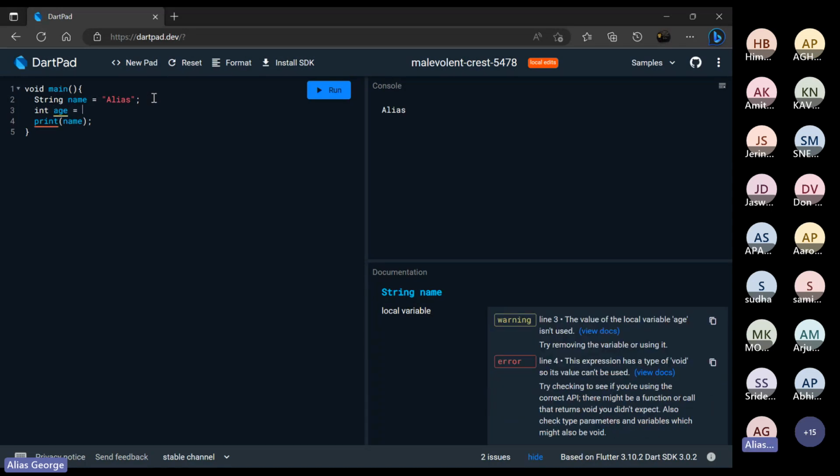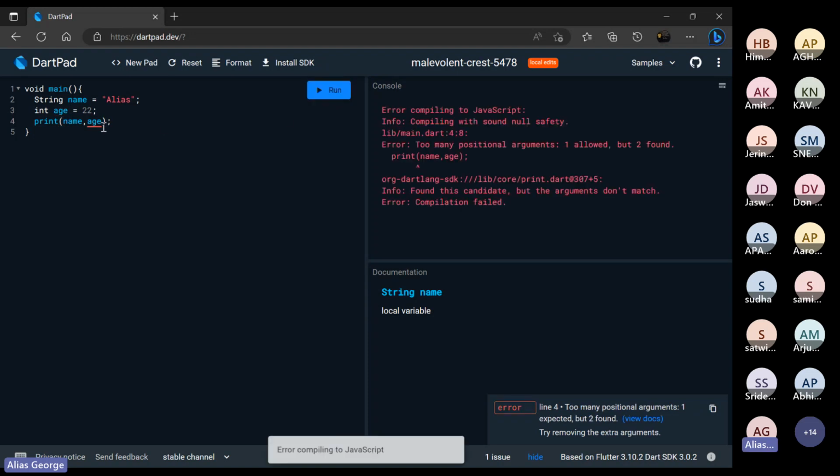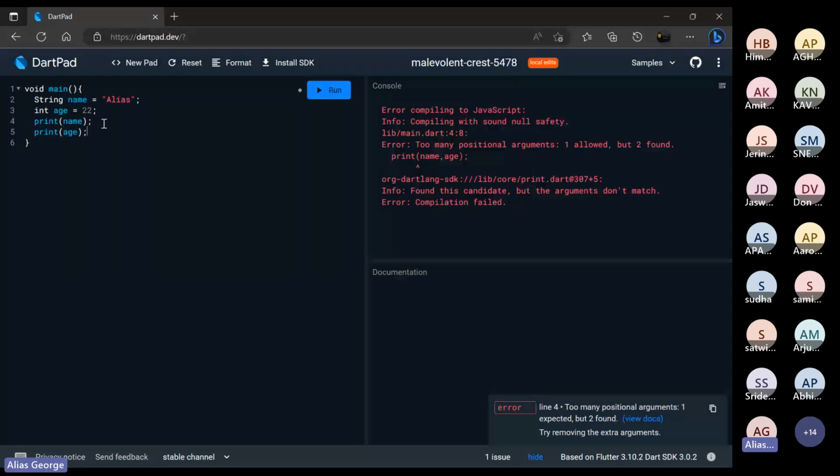So it is an integer, right? So I can assign my age to 22. Like many other properties I can write, and I can print int comma age, many other things I can do. Only one is allowed, so you can do the two things. You write a separate print statement, and you can write,